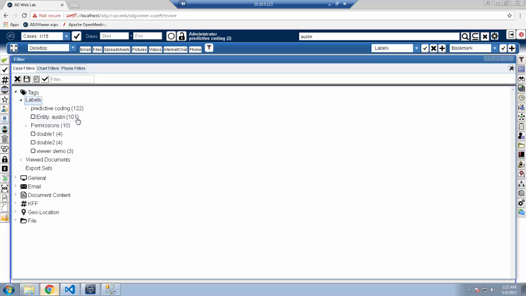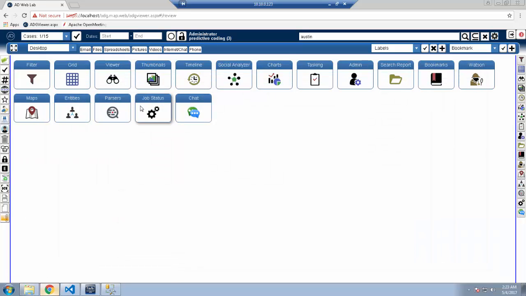Entity Austin 101. That's what it does. That may seem like nothing overly special, but what it allows you to do is to create a whole bunch of relatively complex searches that are composed of large numbers of different criteria, phone numbers, search terms, whatever. Save them and allow all people, all users in the system to pull from them and automatically search and tag against them. So you could have gone through and, let's say, had 100 standard entities that you want to tag